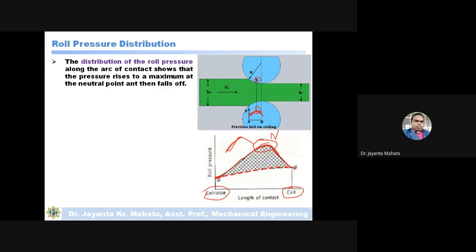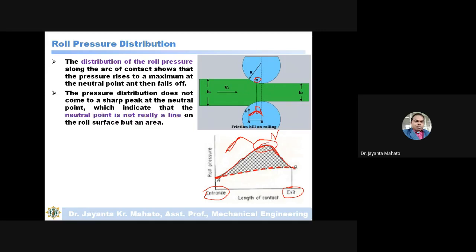So the distribution of the roll pressure along the arc of contact shows that the pressure rises to a maximum at the neutral point and then falls off. Means after reaching the maximum value, pressure again falls. The pressure distribution does not come to a sharp peak at the neutral point. At this neutral point, the pressure does not come to a peak point, because